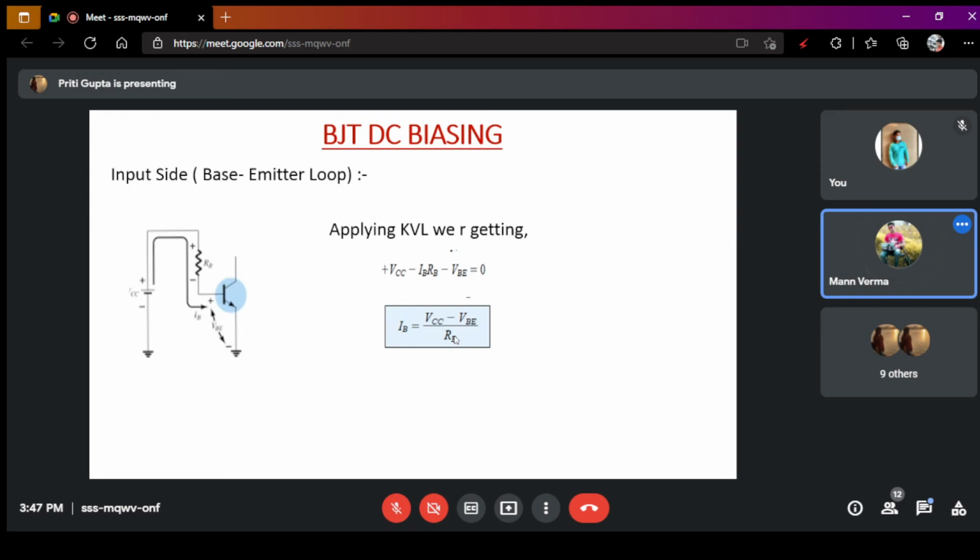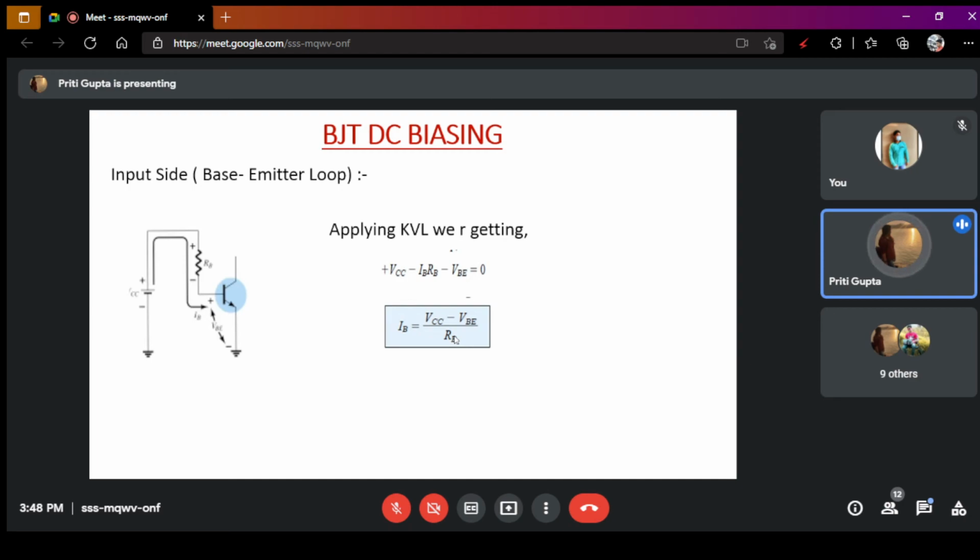Ma'am, why do we use the term fixed bias here? Fixed bias we are taking because, okay, this one I have to really check. But yes, we call it fixed bias because you can see that the emitter terminal is grounded over here. That's why this is fixed bias, because in the emitter stabilized bias, the emitter is not grounded. This one I'll definitely give you a proper answer in the next class.